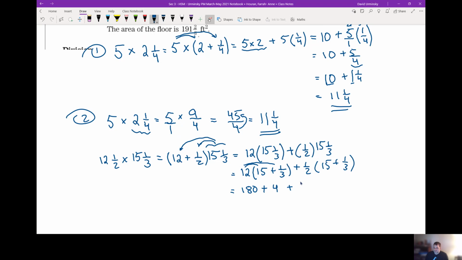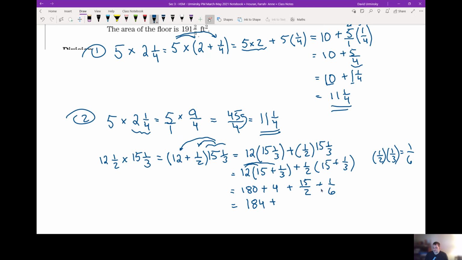Then we do a half times 15, which is 15 over 2. And then we do 1/2 times a third. Again, we multiply numerators and denominators together to get a 6. Okay, so we can go ahead and add the whole part. So that's 184